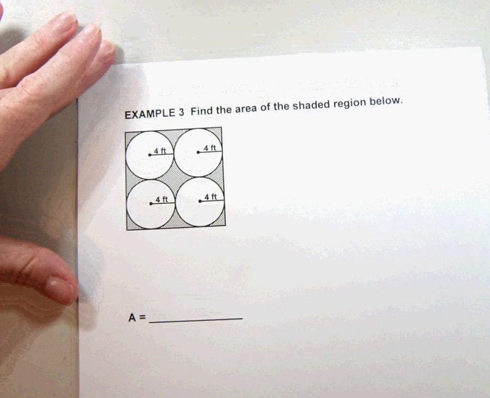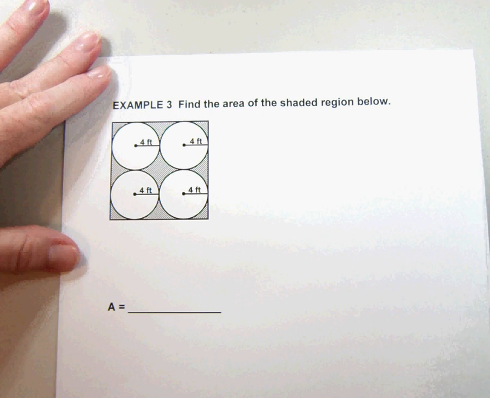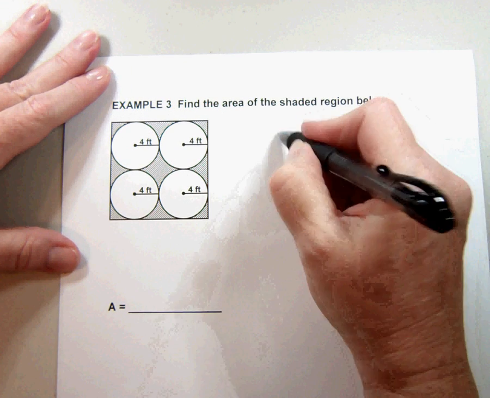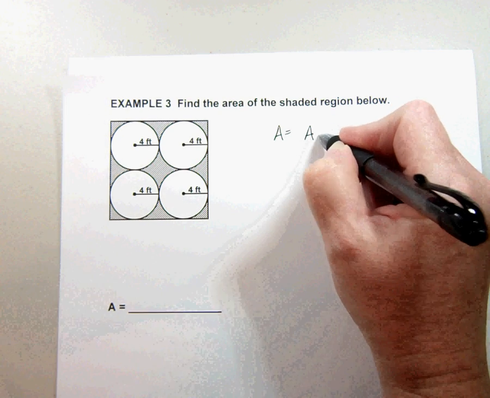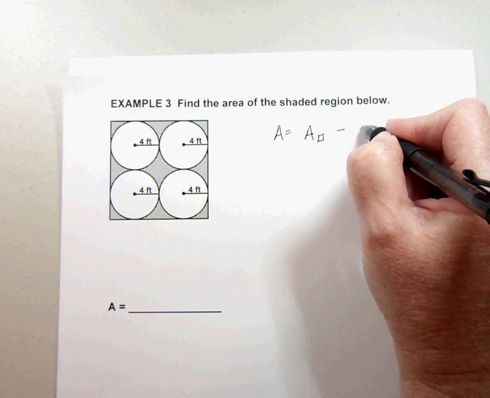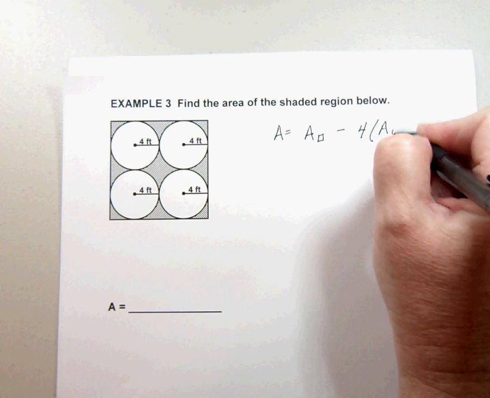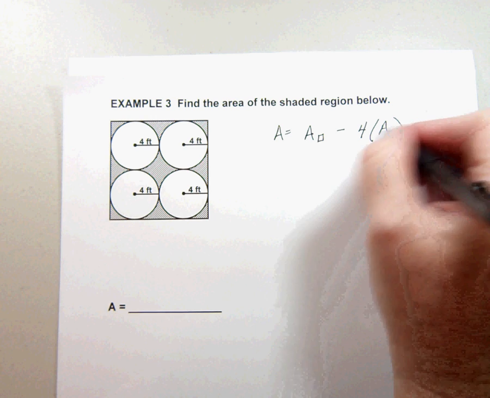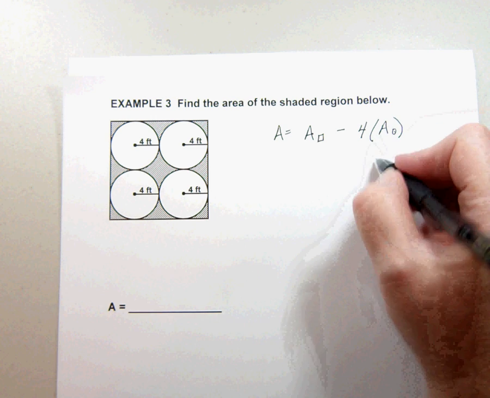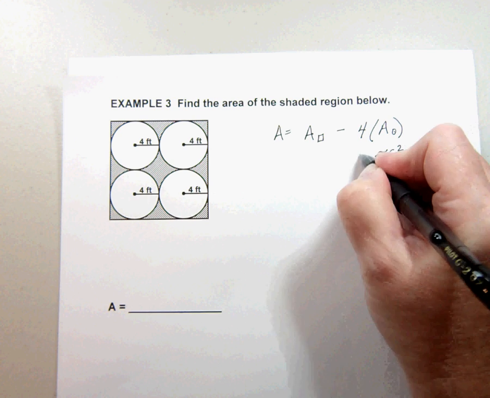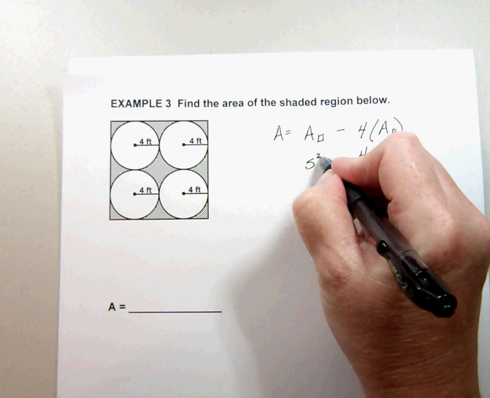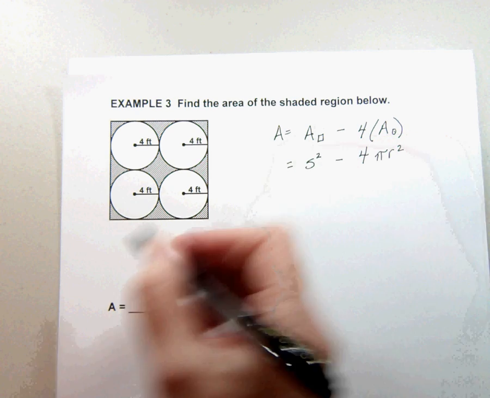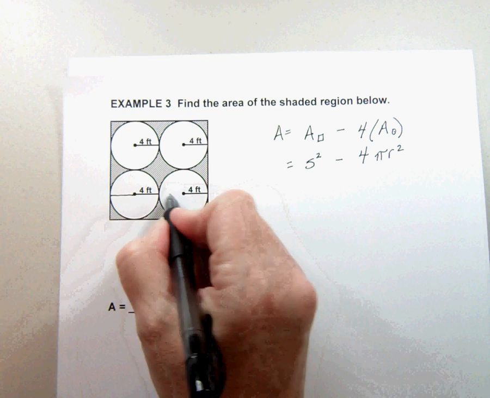The next one is a square with 4 congruent circles. So to get your area on this one, you're going to take the area of the square and subtract 4 circle formulas. So you're going to multiply the area of the circles times 4. So a circle formula is pi times r squared. We're just going to multiply a 4 by that. When you square the side, you get the area of a square. Now if each of these radii are 4